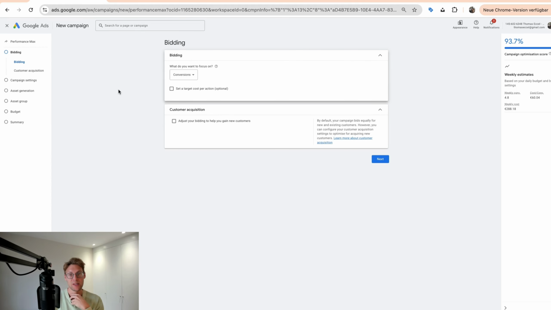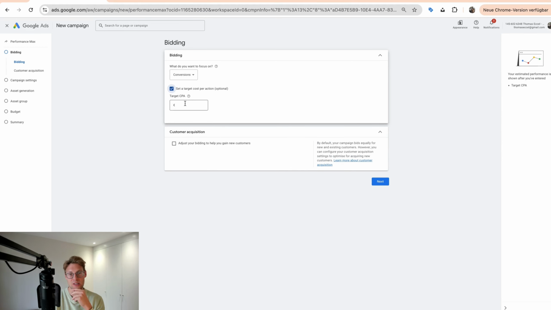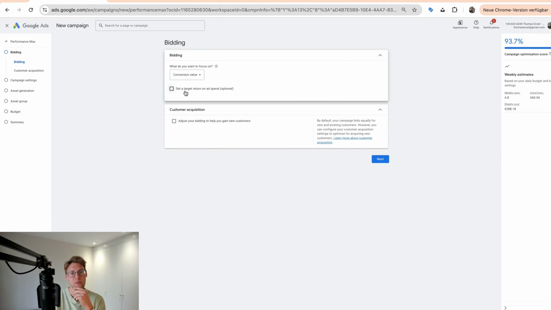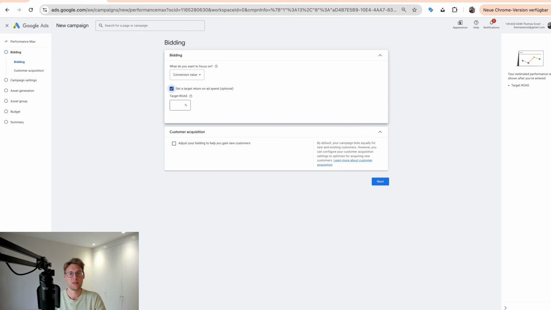Now here we have the bidding strategy, the engine that is fueling your PMax campaign. If you have conversion actions with values, then you can use conversion value here. And if you don't have conversion actions with values, then you can select conversions. And if you know how much a conversion should cost you, you can set a target CPA. And if you're an e-com or a lead gen with conversion actions and values, you can set a target ROAS here. And then here you need to know how much a PMax can cost you in order to set a